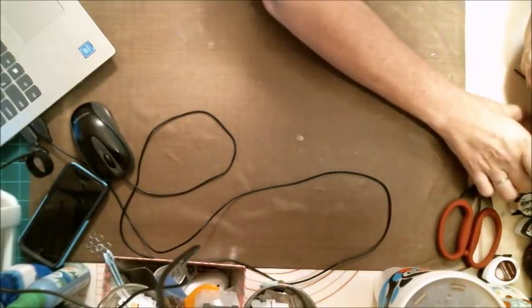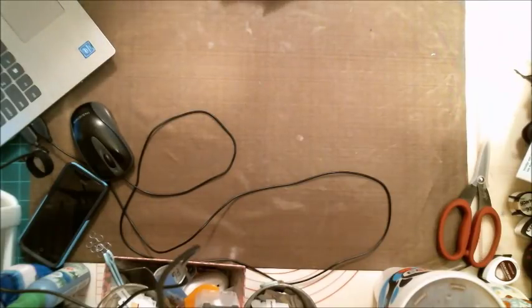Oh, it's a sugar cookie I left on my desk. I don't like sugar cookies. So,